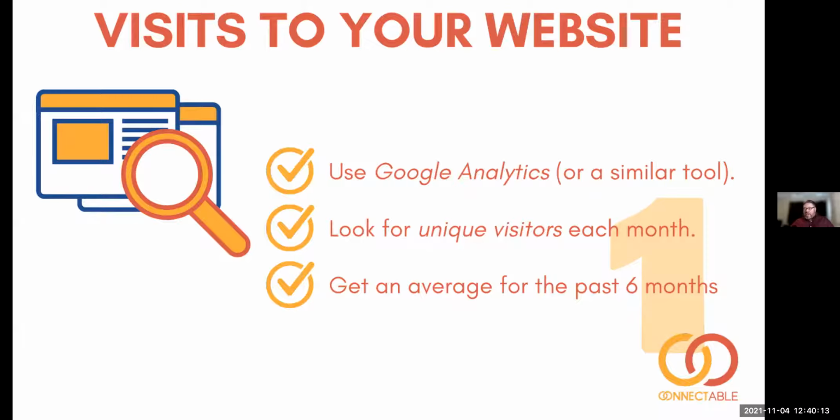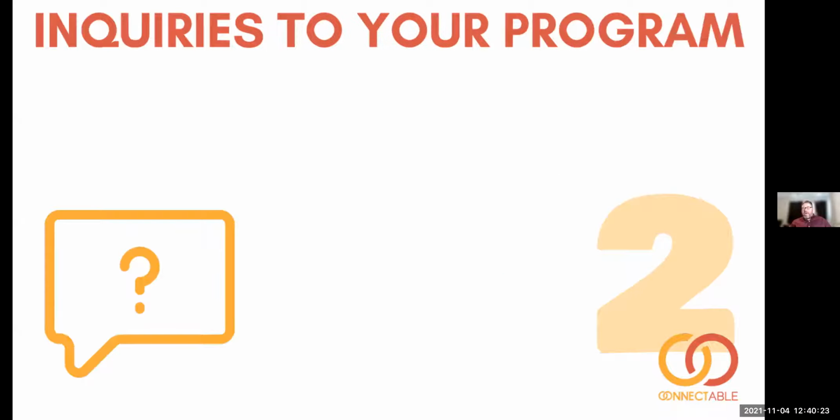So that's some big pieces right there. Number 1, you've got to work out how many visits to your website, how many of those initial inquiries you're getting. Okay, and then number two, you have to know how many inquiries are coming into your program. All right, so visit to a website, somebody who called in, somebody who showed up at the front desk. Okay, that's number one that I would think of, the first number. The second number is how many people have actually said, I am interested in your program.